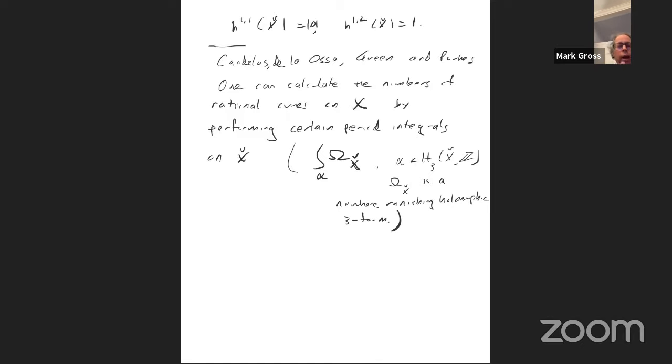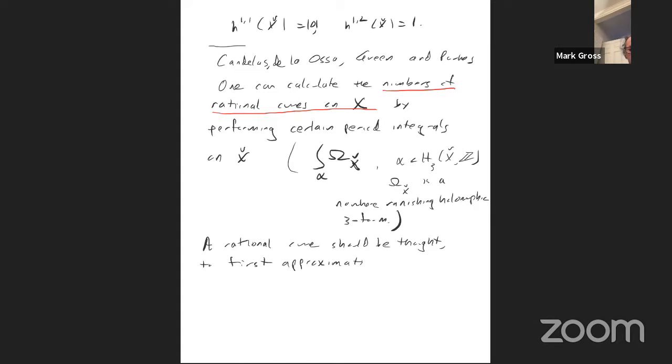Okay, so I'm not going to go through the details, but the key point here is the question as to what the numbers of rational curves mean. So you can think of a rational curve, at least to first approximation, as a map f from CP1 into X,